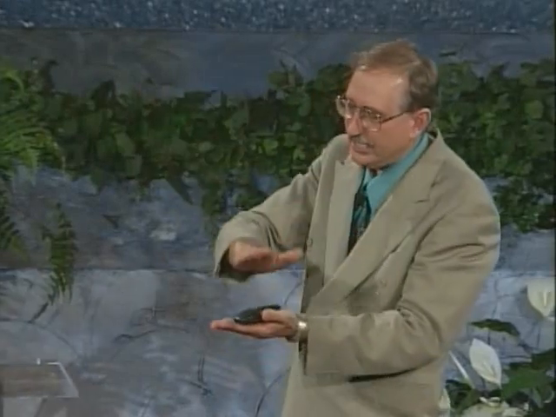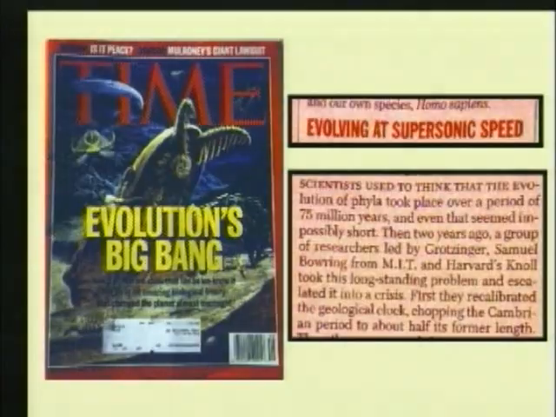Now let's get to this notion that evolution took place over millions of years, and that creatures evolved one out of the other, and that each group evolved into another group over millions and millions of years. That is what science teaches. But the fact of the matter is that it is a totally different picture.